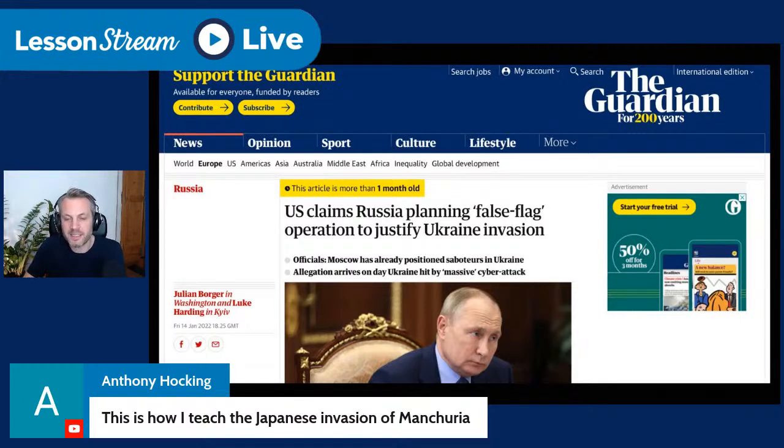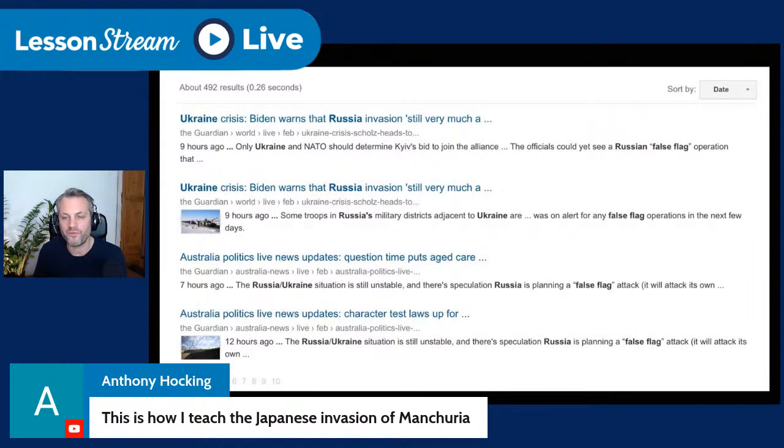And just look at this. If you go into the Guardian website and type into the search false flag, you come to dozens and dozens of examples of this phrase being used, specifically in the context of the Russia-Ukraine situation that we have right now. And if you go into Wikipedia and type in false flag, it will tell you that